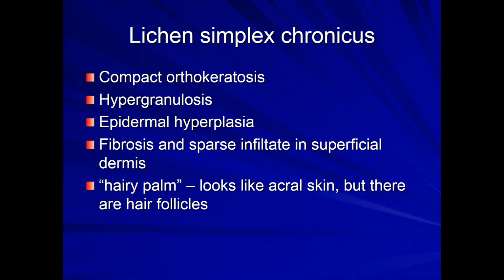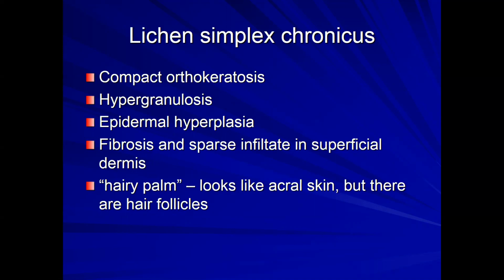So lichen simplex chronicus. What does lichen simplex chronicus look like? It looks kind of like acral skin, but you have this hairy palm sign. There are hair follicles. You have compact orthokeratosis, hypergranulosis. That happens with the rubbing, epidermal hyperplasia, and you should have fibrosis. So the difference between, say, chronic spongiotic dermatitis and lichen simplex chronicus will be the amount of inflammation, the superficial perivascular infiltrate in a dermatitis, which should be lacking in pure LSC, and the amount of fibrosis, which tells you